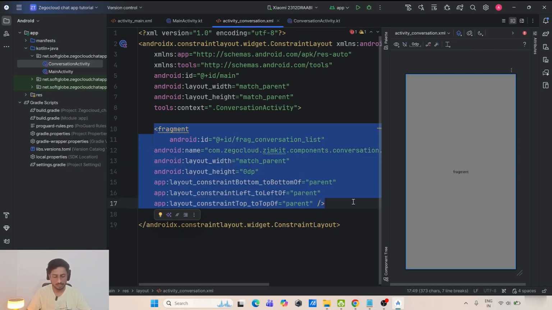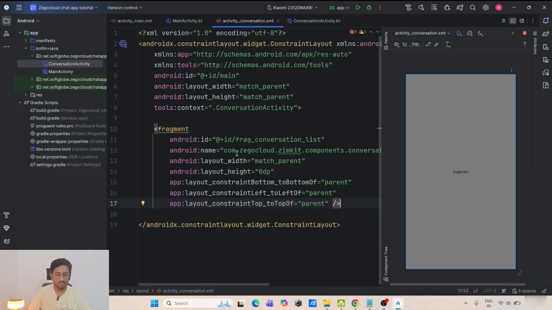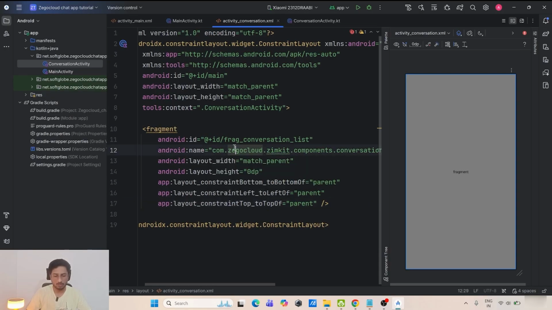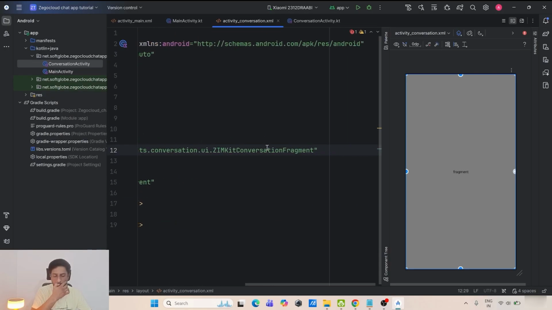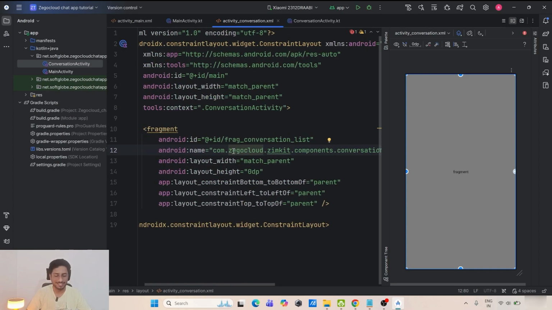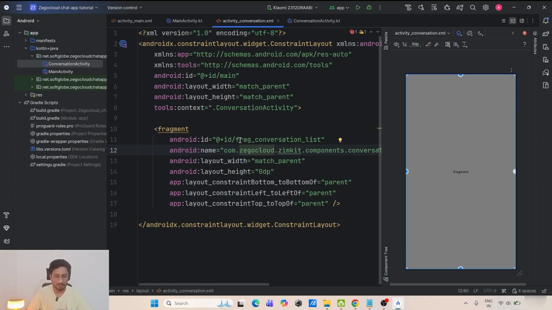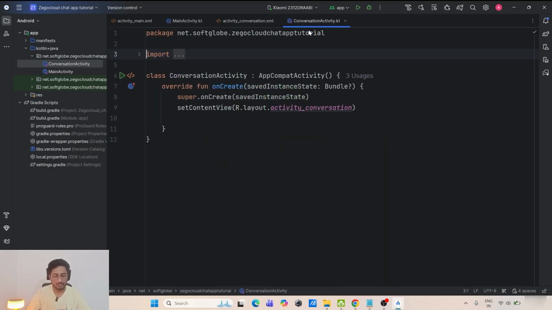Let me format this one. Okay, now it is calling an internal class, com.zegocloud. So it will do all of this work by itself. You don't need to worry about anything. The fragment has been given a tag, conversation list, for the fragment. So don't change anything here. And here in the conversation activity,